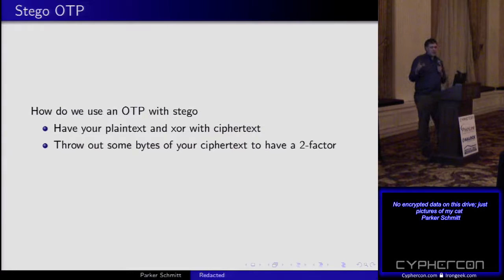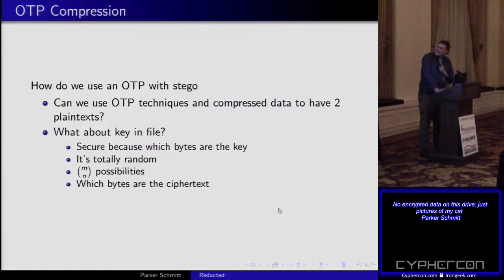They're not infinite, but you have 2 to the n choices, and there's 2 to the n possible bit strings in any file based on the size. So you have essentially 100% control, 100% entropy, which you can't get any better than. And so what we're trying to do is you can easily have 2 plaintexts. So one thing you could do is compress the key into a zip file and put a password,